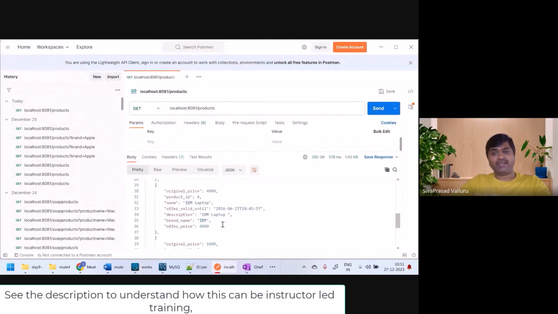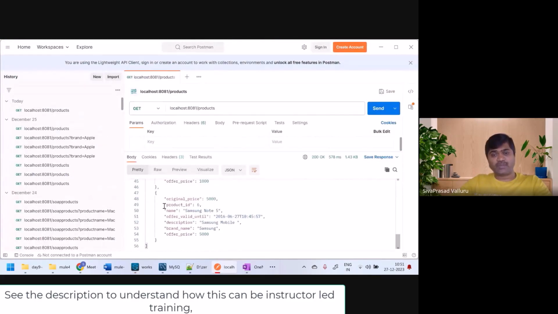Hey, I'm getting the products. So I got 6 products as per my local database. Fine. Now,